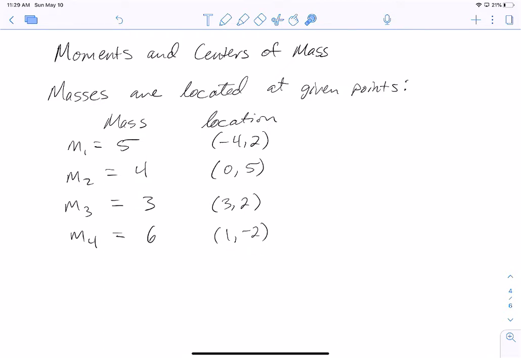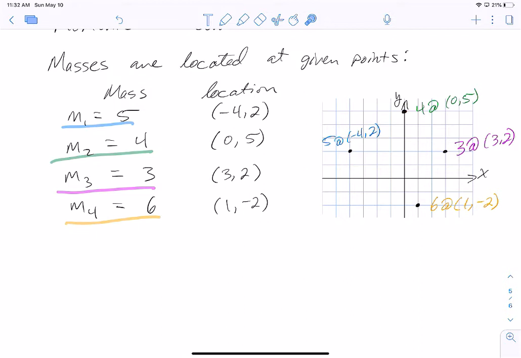Let's plot these. We now have these masses plotted on the xy plane. And what we're ultimately after is if we had a situation where we had a thin plate, let's say, and masses were situated at these positions on the plate, then where would the balancing point be? Certainly somewhere interior to all the points, probably somewhere around 0, 2 or something. But in order to come up with that idea of the center of mass, we're first going to consider